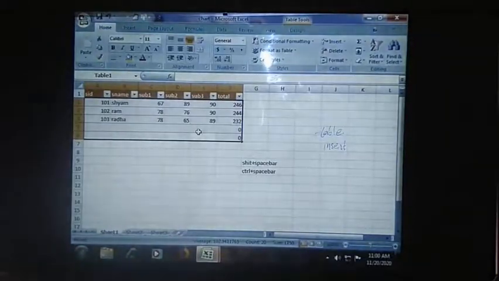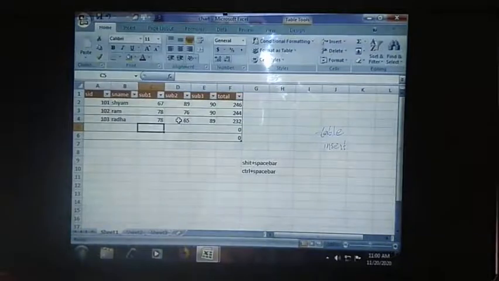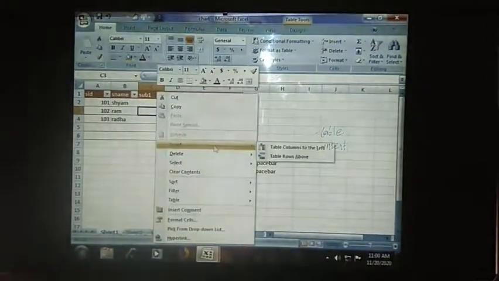Okay, and we will be having one more topic, adding and deleting rows in your table. When you are in the range of your table, you can place your cursor here and right click with your mouse, and you can see options like insert column to the left, insert table row above.